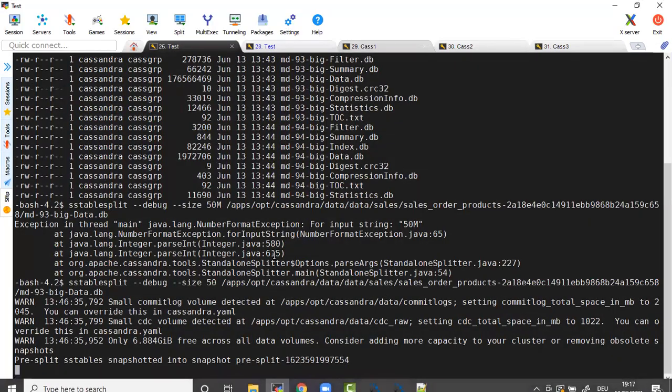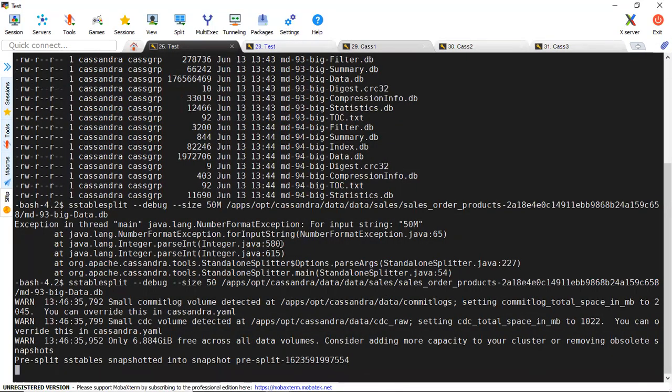Okay, so it is still going on. Let's wait for some time. Now, can I also split this particular SS table?